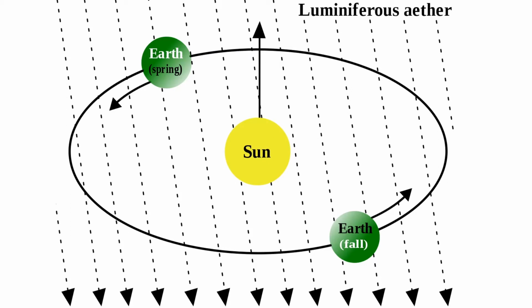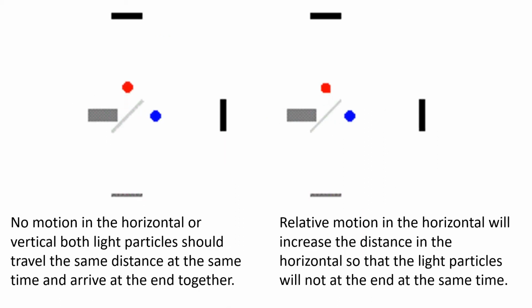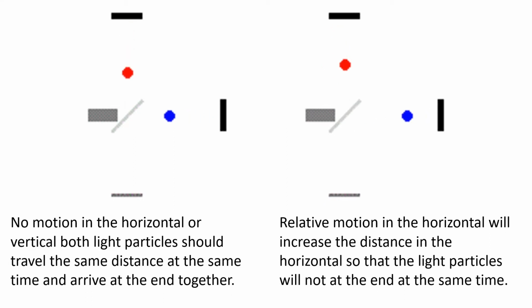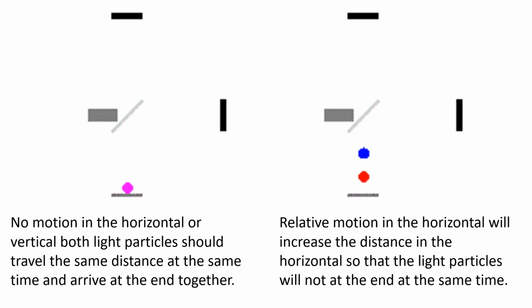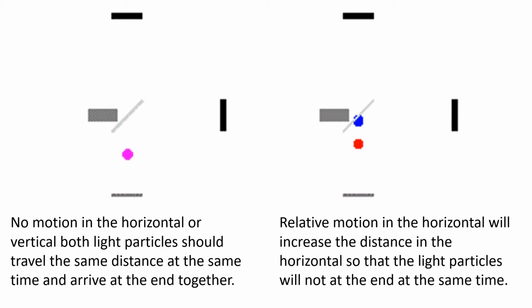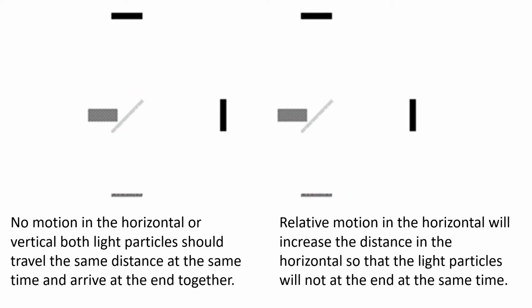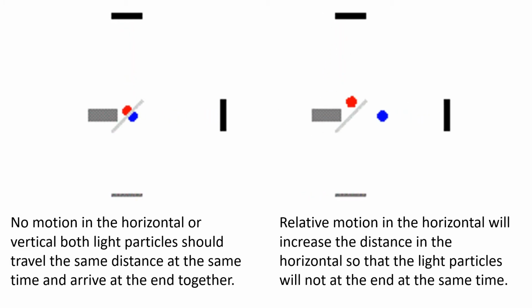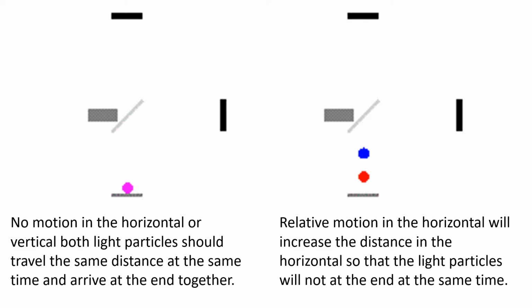Michelson, here's what they thought the luminiferous ether would be doing, and depending on where the Earth was, they'd be going against it or towards it, depending on what time of the year it was. Here's an animation of what they thought would happen on the right. They thought the two beams would not reach the destination together because the ether would be interfering with one of them. That's not what happened. What happened is the animation on the left. There was no relative motion.